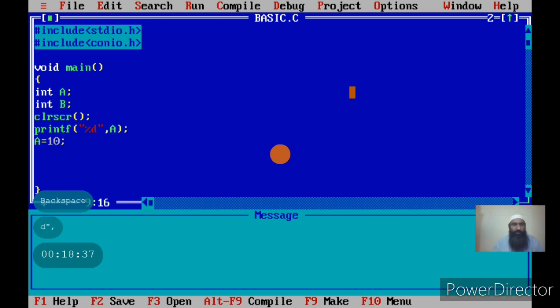Now this will print the value that is in the A. Now first I have created A, then I have created B, then I am clearing the screen, then I am printing the value of A. These steps are being written by me because I am the programmer, but the CPU will execute these steps one by one. Note, all the statements are not executed simultaneously. The statements are executed one by one. So the next statement that is executed after the printf will be A equal to 10. Let us write another printf.